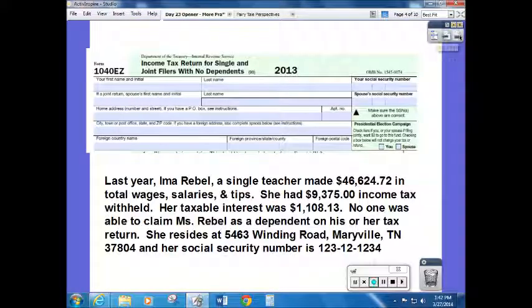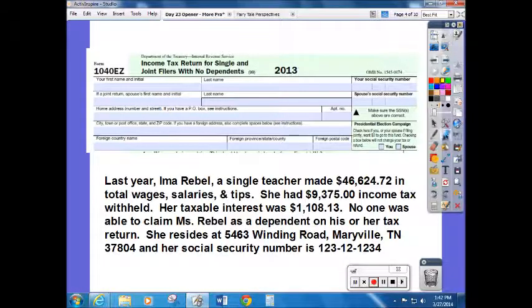So let's start our tax return. What we'll need is her name, her address, her social security number, and that should be it. So let's go ahead and fill out the top part. We don't have a middle initial, so we'll just leave that blank. Rebel, her social is